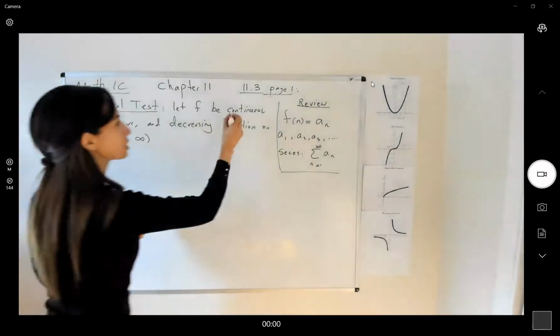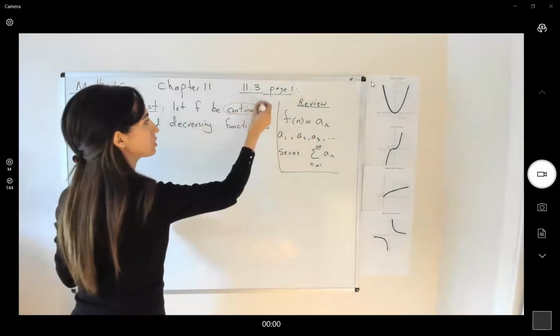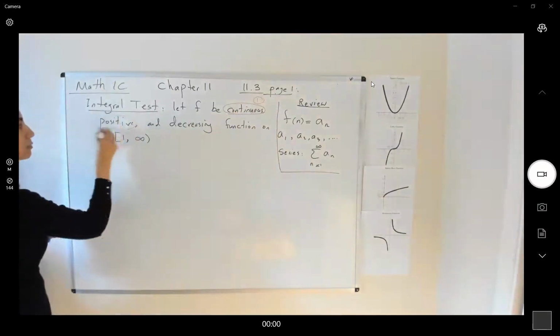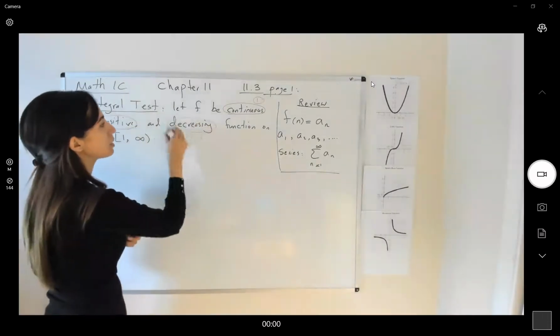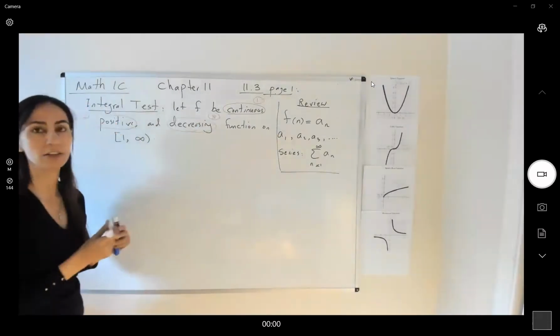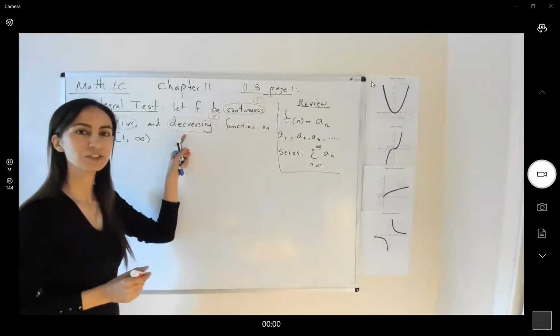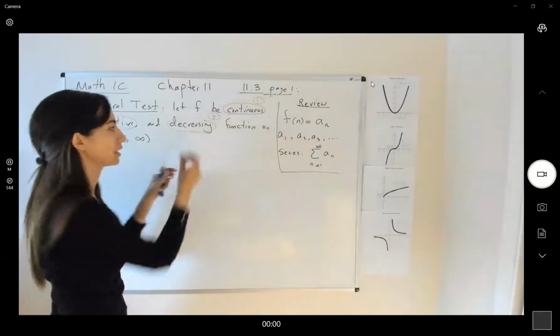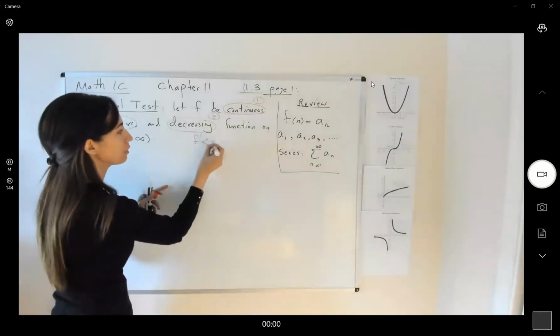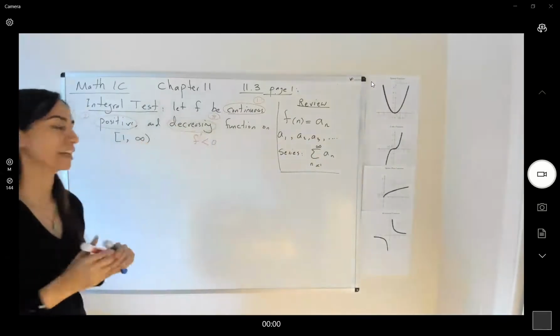So three conditions. First of all, you have a continuous function, then it is positive, it's above the x-axis, and it is decreasing. It means that if you take the derivative of the function, the derivative on the interval is negative. Then